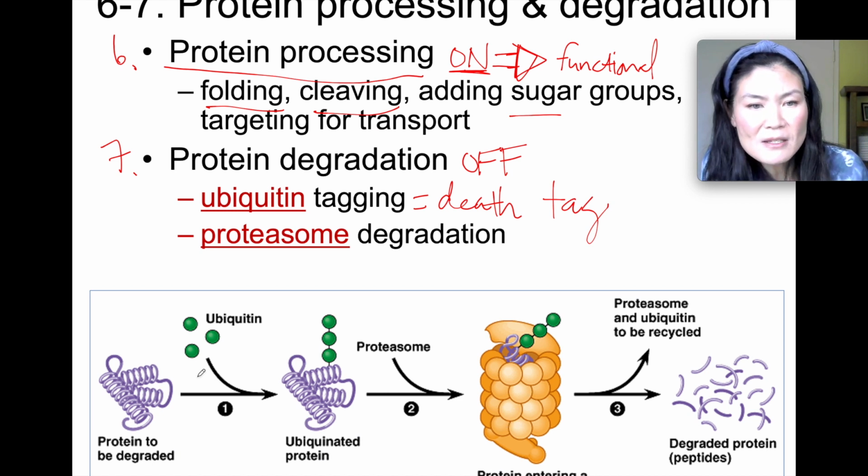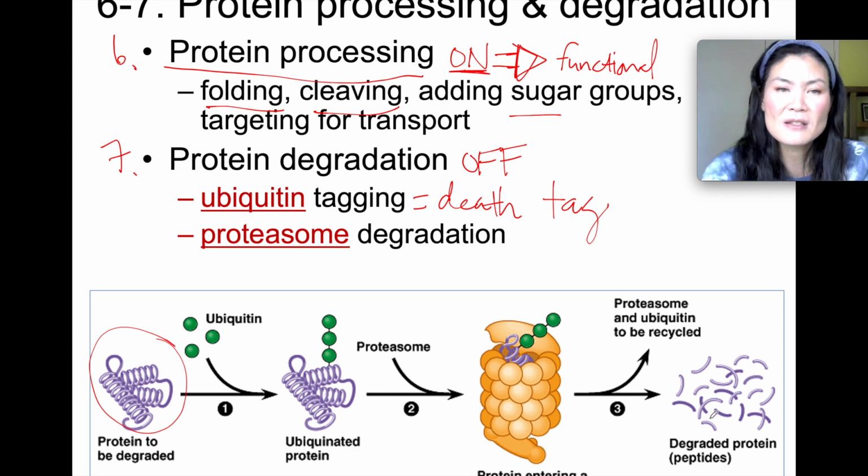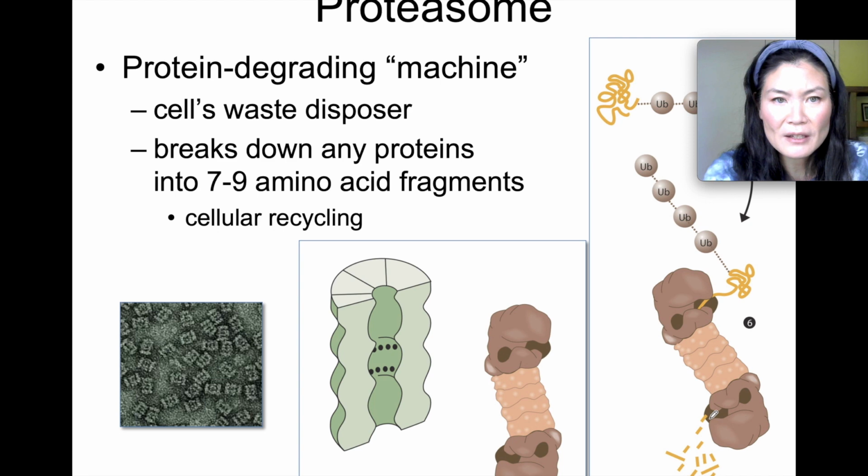So it's interesting because a protein is made, the gene went through transcription, and then the mRNA was translated. A ribosome made that polypeptide chain, and then it went through protein processing, either folding or cleaving or whatever. But then the last step to turn off the gene would be protein degradation, where ubiquitin tags it to be chopped up, to be degraded into short amino acid sequences. Okay, so ubiquitin was discovered in the 1980s, so it's more of a recent thing, and this is what